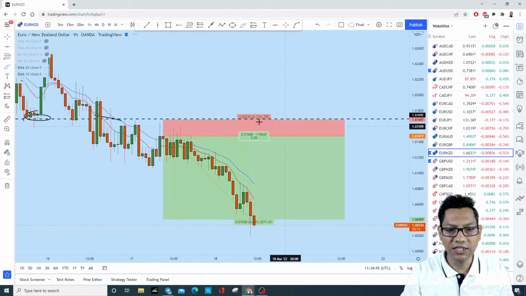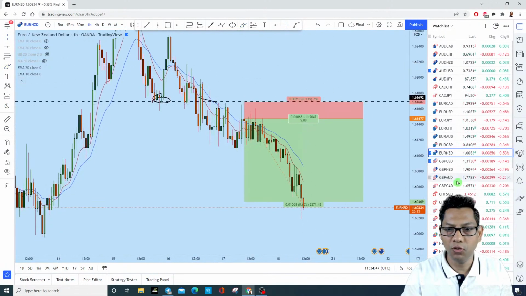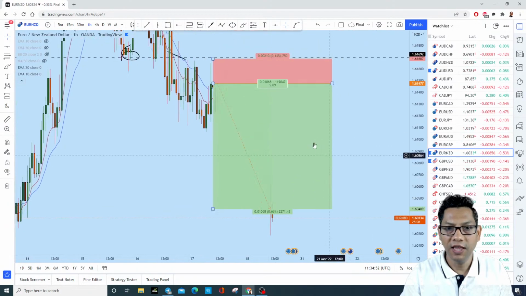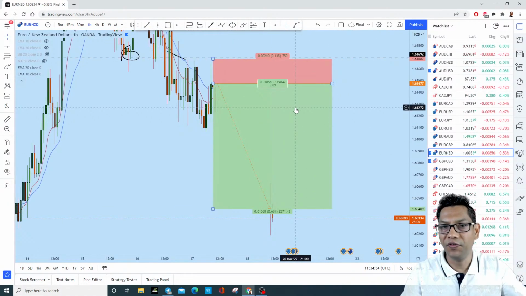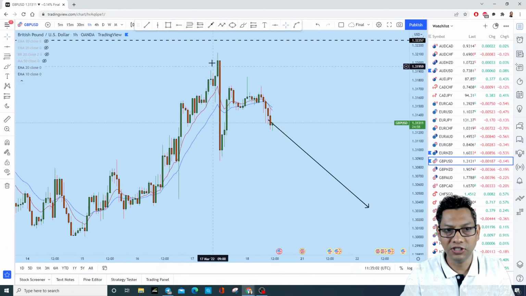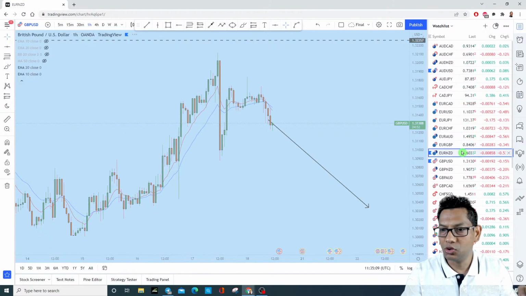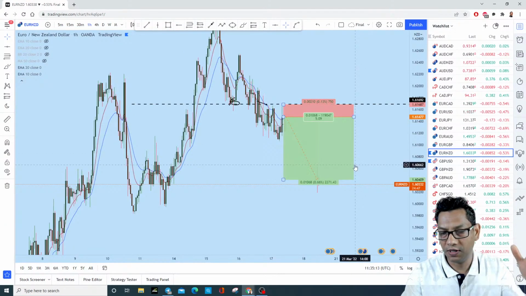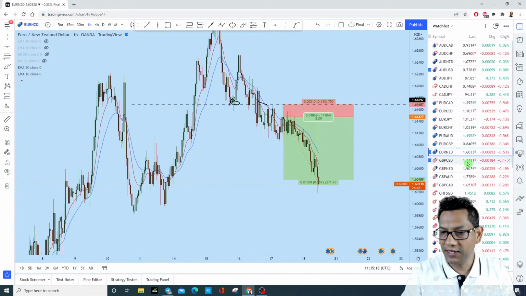Now Euro NZD, you remember this is the trade that we discussed yesterday. You remember the trade was here, it just hit the profit target. You see, 5 times profit target we hit on this one. So yesterday we closed GBP USD with 5 times profit. As soon as I closed the trade, you remember the trade came down. Euro NZD did the same. As soon as the trade hit, we saw that the trade came down after 5 times profit. Anyway, so let's see